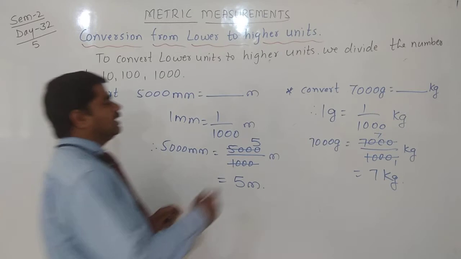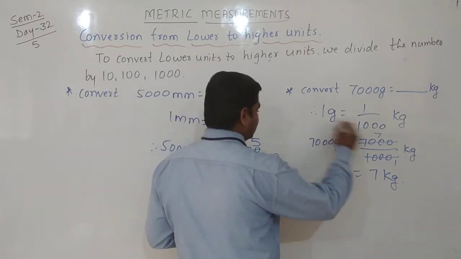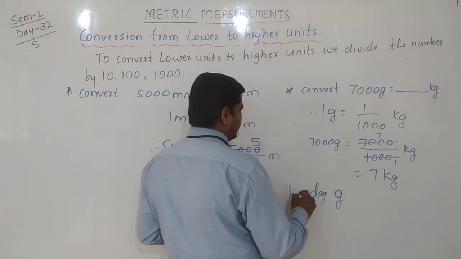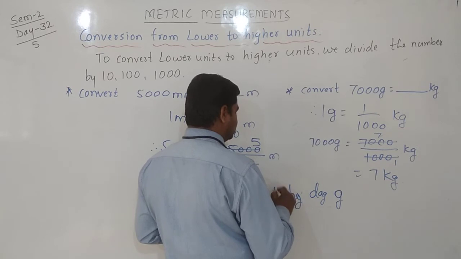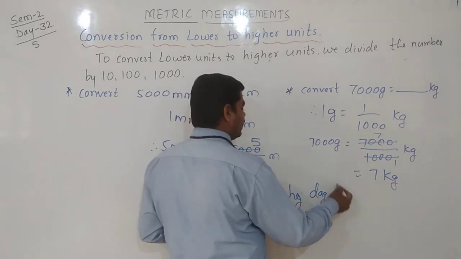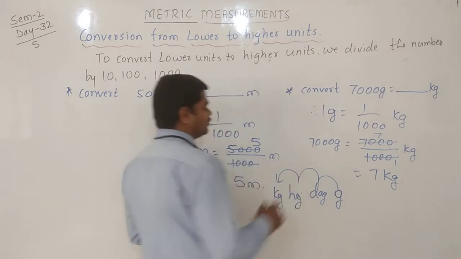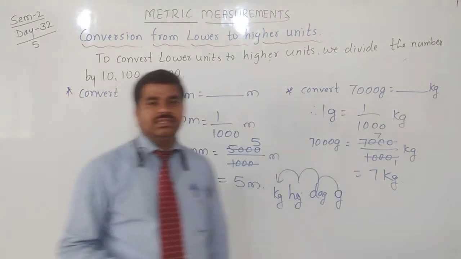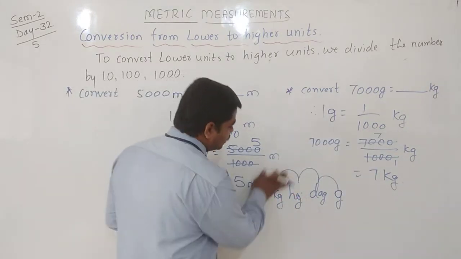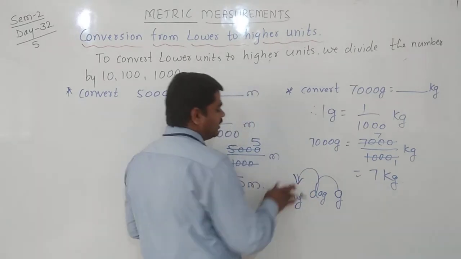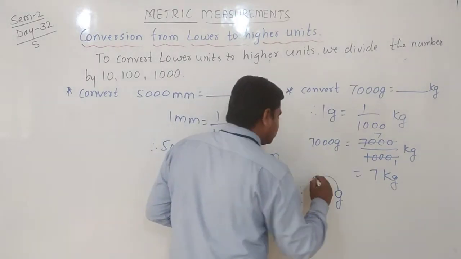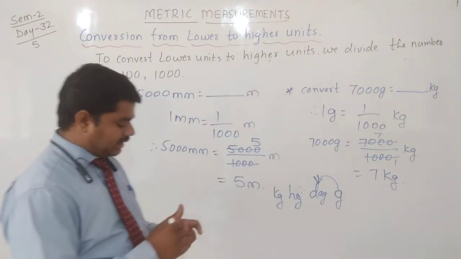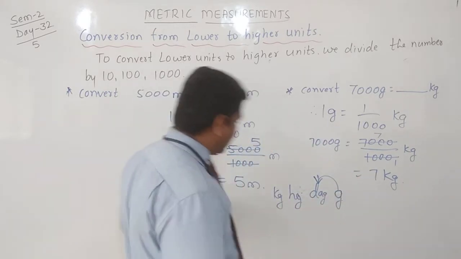You should count here gram to kg: decagram, hectogram, kilogram. You come from gram, 1 place, 2 place, 3 place. From gram to kg you are converting 3 places, then divide by 1000. Yes or no? 2 places means if you are converting to Hg, then divide by 100. If you are converting to decagram, then you divide by 10 only. Here, grams to these higher values.